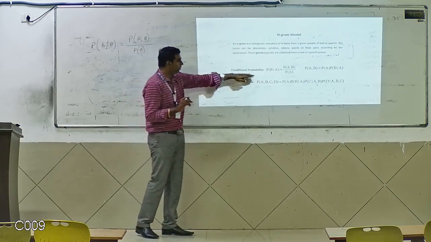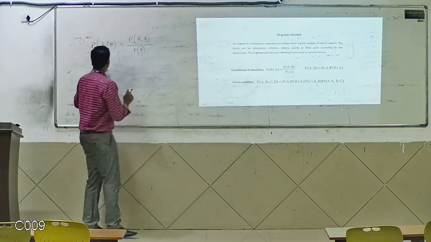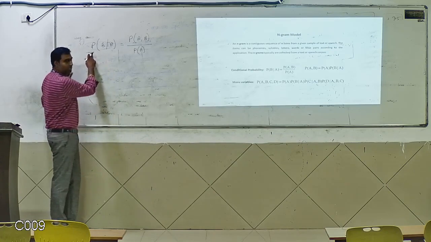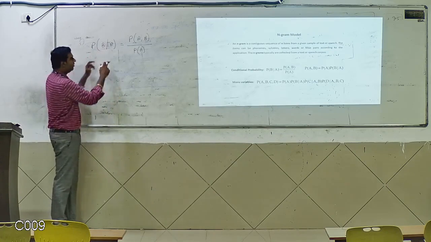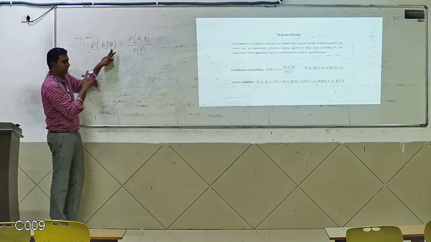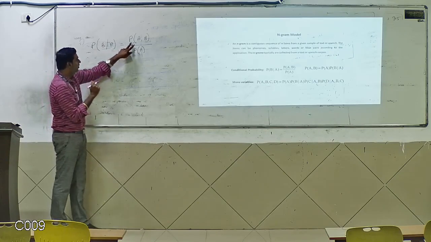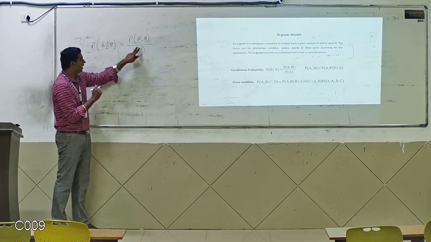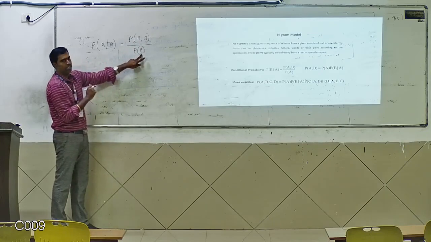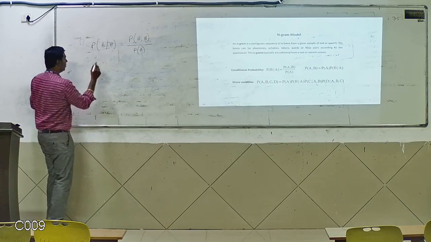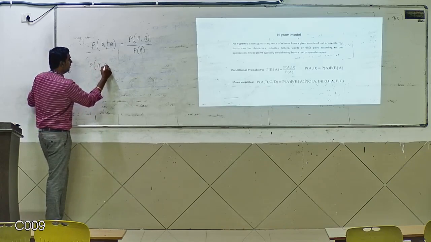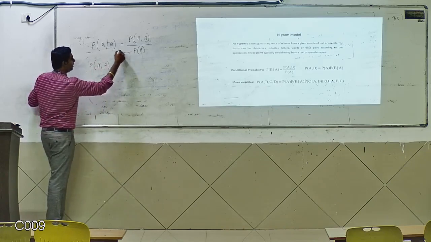Now let's come to conditional probability. The conditional probability formula everybody knows: the probability of occurrence of word B if the word A is given, in the context of natural language processing, is equal to the probability of A and B, the words A and B, divided by the probability of word A. I can rewrite this formula, P of A comma B equal to, taking this term to this side,